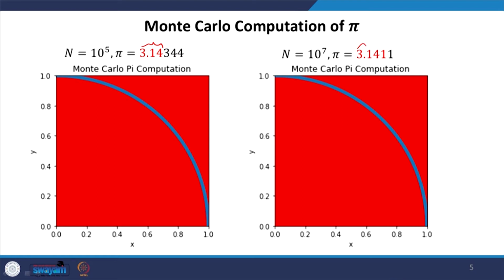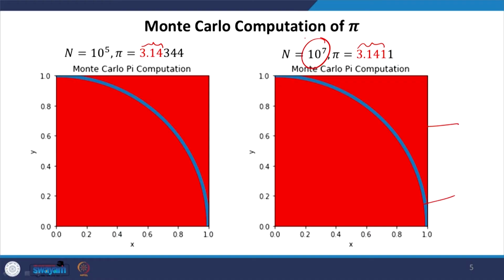And if I am doing it for 10 to the power 7, then I am getting pretty much all 3 decimals right. And you see now this entire region is red, and the reason is because I have generated way too many points. So I have pretty much sampled the x and y space. Now, even though it seems full, it is still not full, because the markers I was drawing had a size, and that's why it seems to fill the entire regime. Markers were actually points on the diagram. Since I could not generate a point of 0 width, that's why the markers have a finite width. So it may seem full, but it is not quite full.